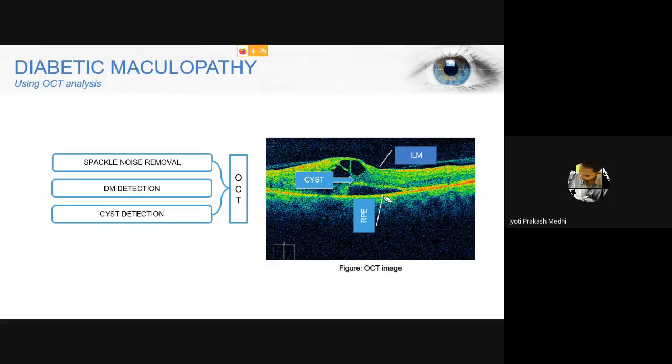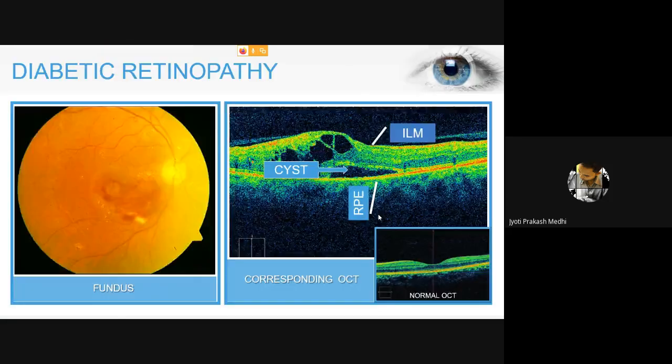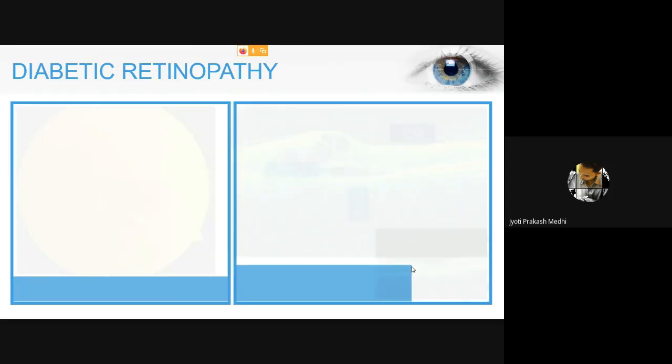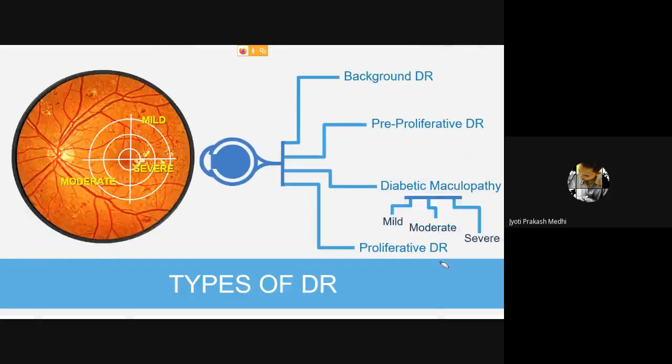diabetic maculopathy. For example, as we have seen in the earlier image where we discussed a normal OCT diagram, as you can see here, the thickness in the macular region is very much less in normal cases, but with progression of diabetes, this thickness increases. As you can see here, the thickness is increased. So by putting a threshold, we can identify whether a retina is normal or an abnormal one.